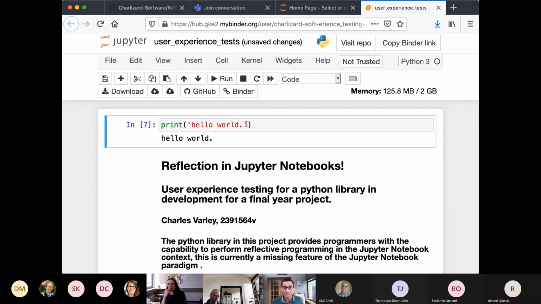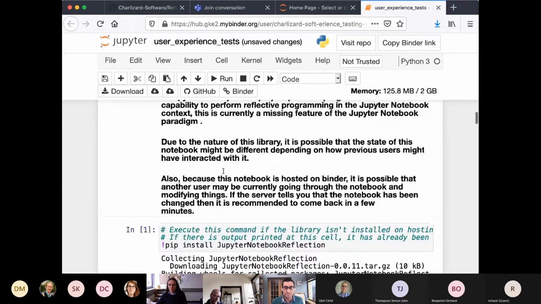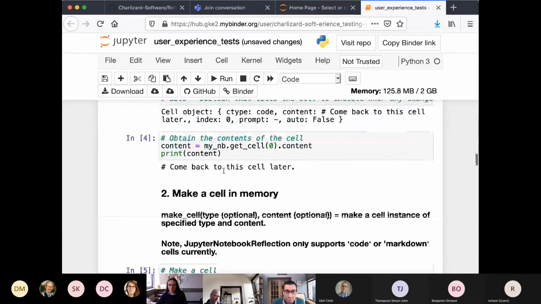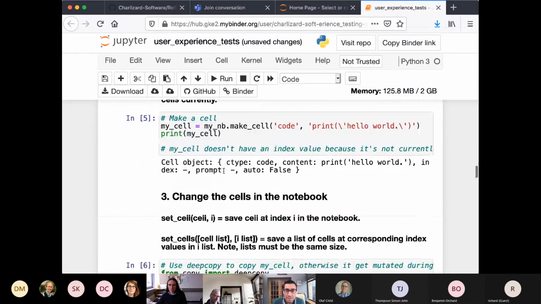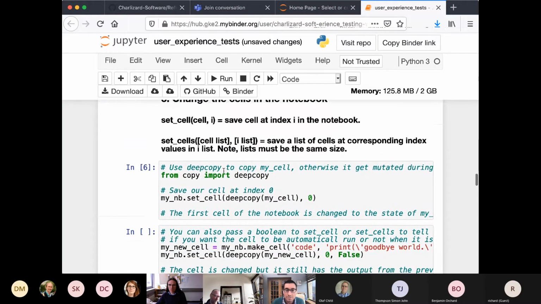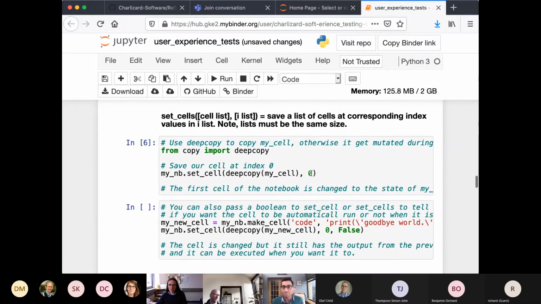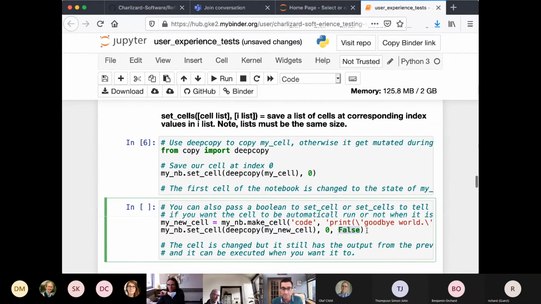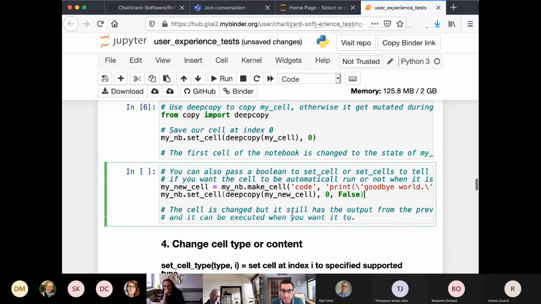So it's changed the cell to be the new one we instantiated, and then it's actually executed that cell after inserting it. And the reason why it executed it, I think, is because there's a default parameter here which says execute it, and you can actually set it to be false, in which case it doesn't execute it. That's what this next one demonstrates here. Pass a Boolean to tell it if you want the cell to be executed or not. So here we're making a new cell and we're updating the notebook. We're not going to execute it.